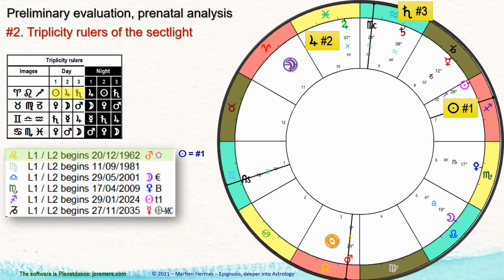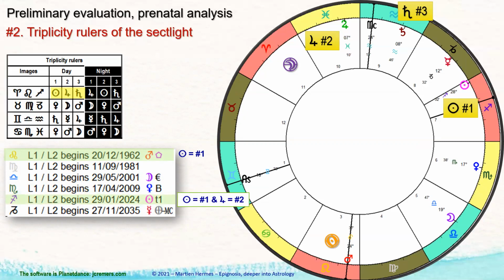But we know now that Mars also played a very important role, but that's the reason why I'm thinking that this might not be quite as adequate in the sense of the way Valens used this method. But we can now understand why, because the first period of life was strongly influenced by the malefic node of the sect being Mars. But again, you survived everything, and that's perhaps testimony of this first triplicity ruler being the sun. And the second period ought to be as good as the first one.